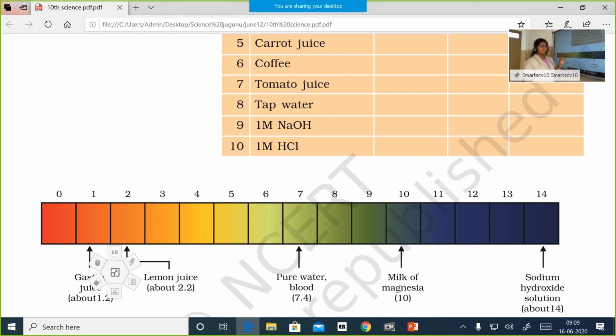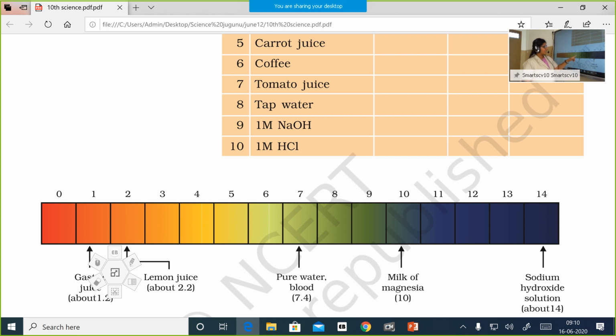Then place a small strip of pH paper. Then with the help of a dropper, add 1 or 2 drops of the given solution whose strength you are planning to find. Now the pH paper would have turned to any of the colors that you see on this color chart provided. So looking at the color, you have to guess.